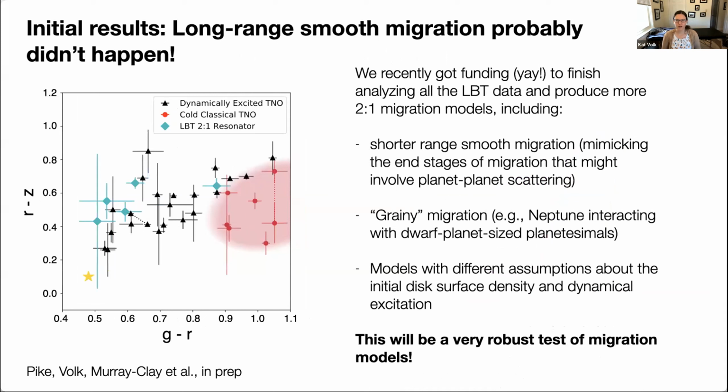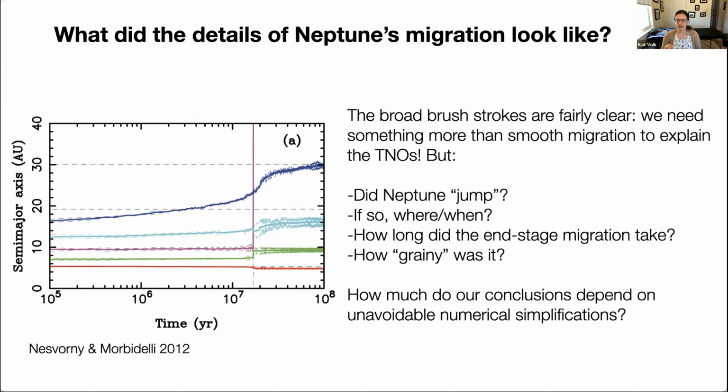So analysis of the rest of the LBT data is underway. We got funding from an Emerging Worlds grant to do the data analysis. And we are already in the process of doing a bunch of different migration simulations so that we will have a lot of predictions for what the 2-to-1 should look like for various assumptions. And once we combine that with the OSSOS survey simulator and all the color measurements, we're going to have a really robust test of the migration models, and hopefully have a pretty good handle on, did Neptune have to jump